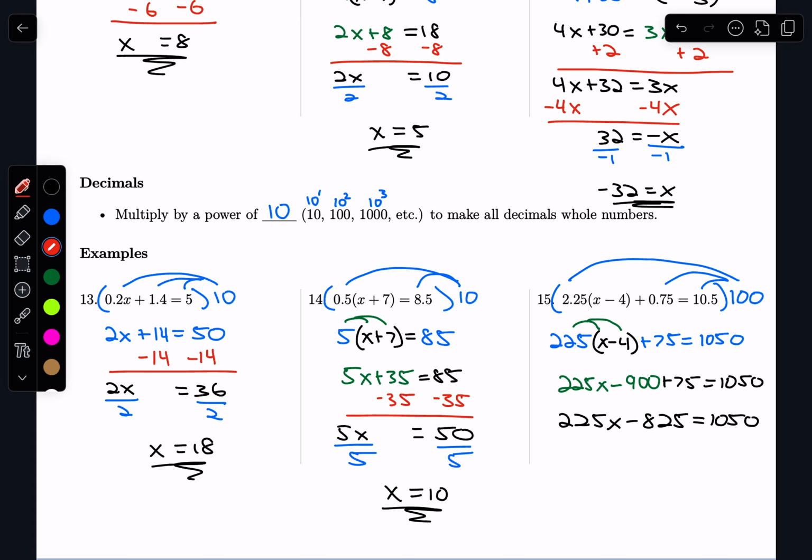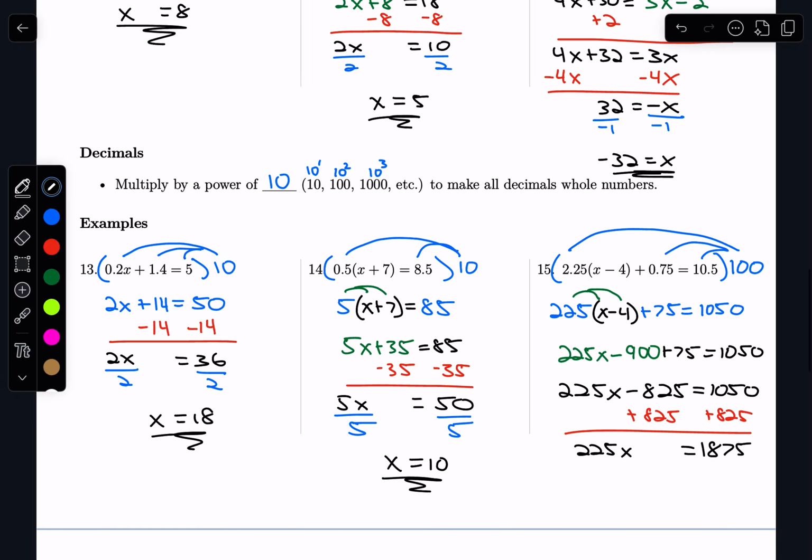And now it's a two-step equation. I'm going to go ahead and add the 825 to both sides. That leaves me with 225x is equal to 1875. And this is the step I referenced earlier where I would use a calculator for this next one. I'm going to divide both sides by 225. Okay. And when I do that, I'm going to get x equals, and I have